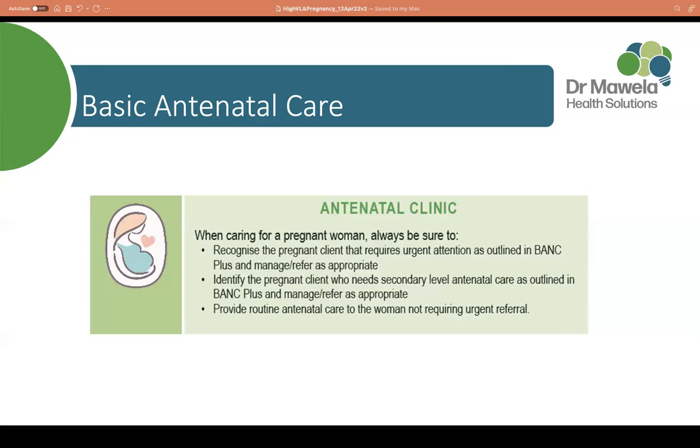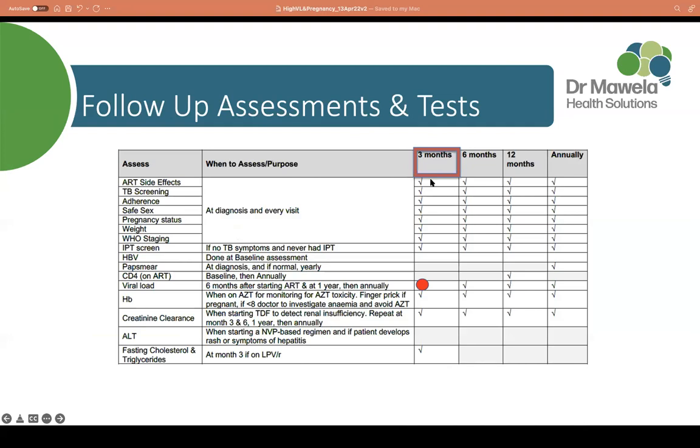We don't need to refer her, but we must do a comprehensive assessment. So that is very important. Some of the assessments, we have to assess if she's experiencing side effects. She's already on TB treatment, so we don't need to be screening again. We have to support her to ensure that she's adherent, discuss issues of safe sex with the sexual partners, and